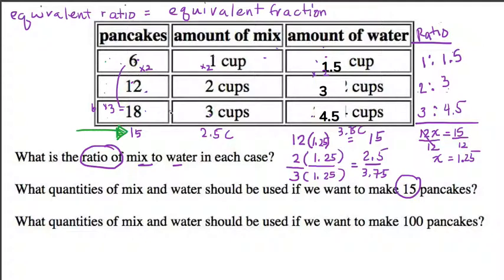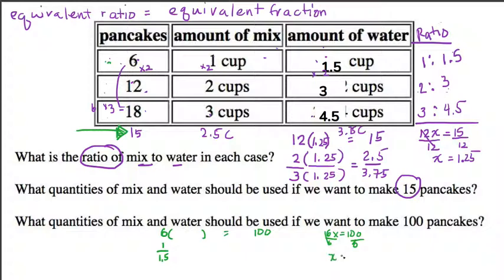Okay, so which one do you want to use? As I said, you can use any. Okay, so why don't we use 6 this time? 6. Okay, so if we look here, to make 6 pancakes, I need 1 cup of mix to 1.5 cups of water. So we want 100 pancakes. Okay, so what do I multiply 6 with to get 100? Okay, so that would be 6x equals 100, divided by 6, divided by 6 would give us,